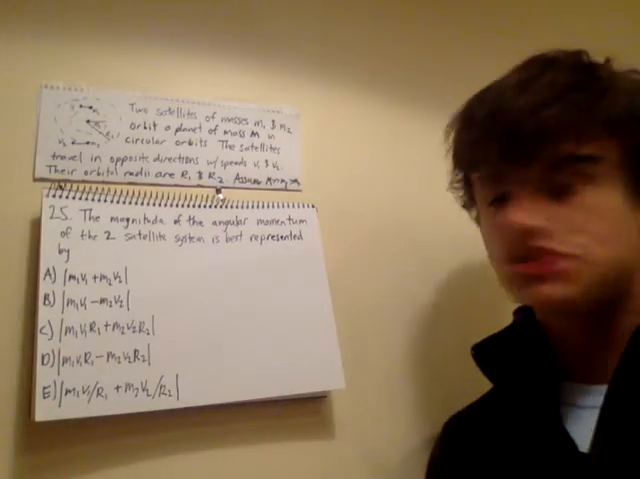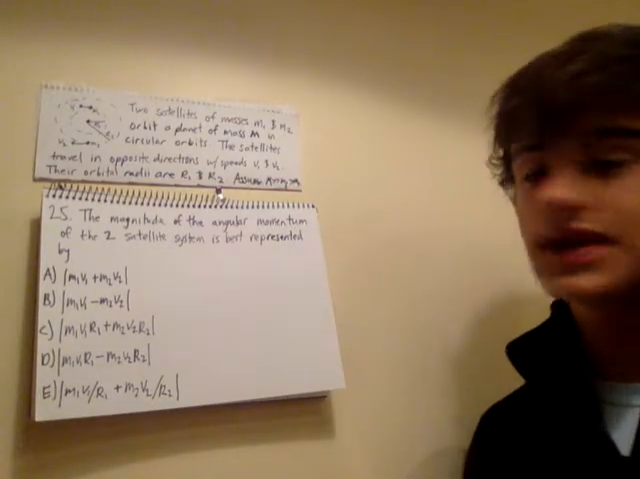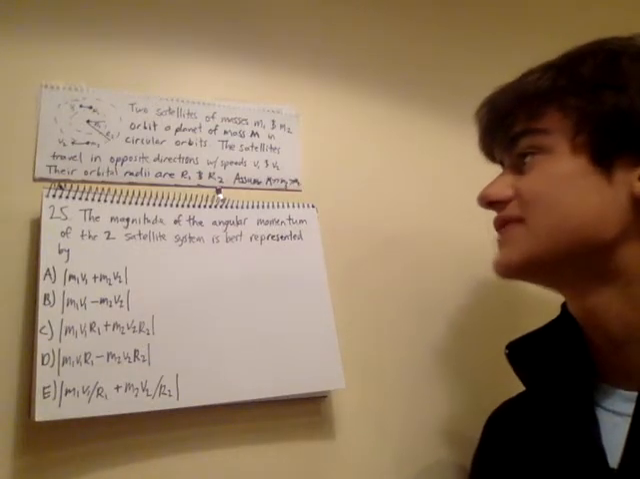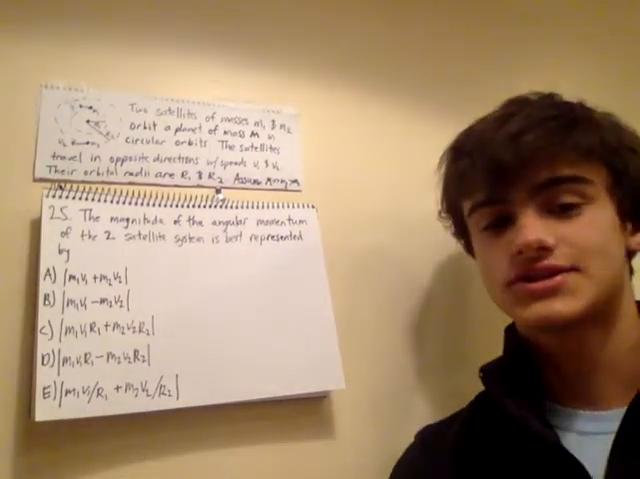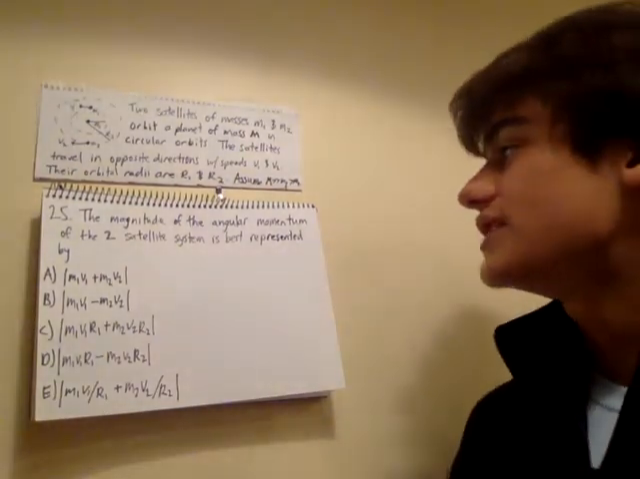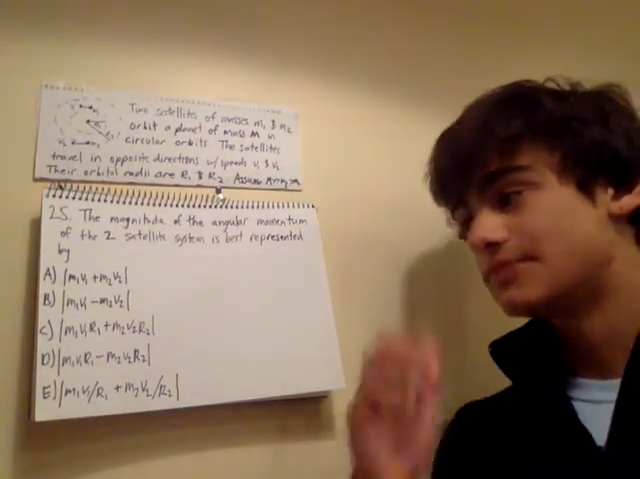Assume that m, which I'm going to write as MP, the mass of the planet, is much greater than the mass of M2, which is greater than the mass of M1. And problem 25 asks us, the magnitude of the angular momentum of the two satellite system is best represented by,